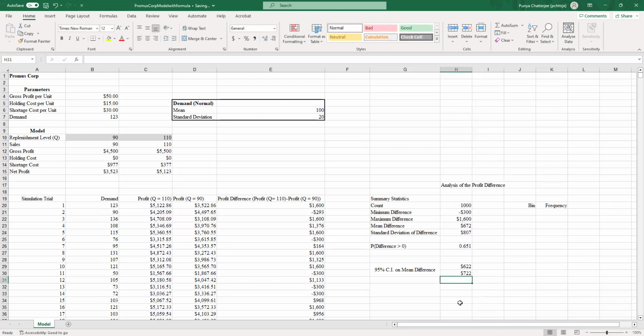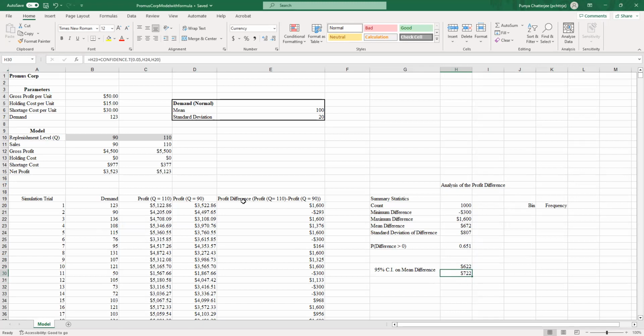Basically, it tells you that you are 95% confident that the average profit difference would be between 622 to 722. And that's a pretty good number, which means that if you're looking at your average difference and the probability that the difference is greater than 0, both tell you the same conclusion